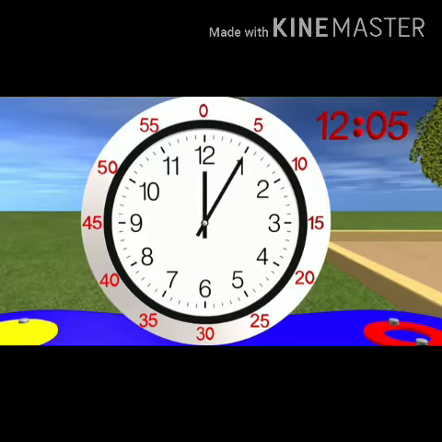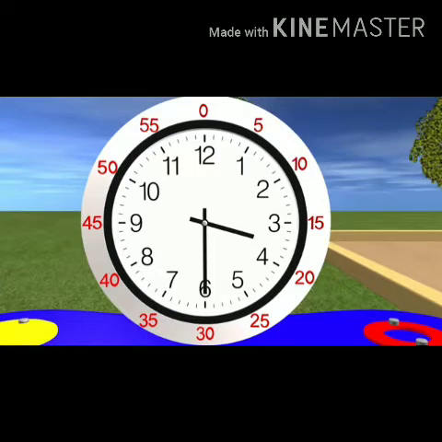What's the time now? Children, remember that first you have to look at the hour hand. The hour hand is in between 3 and 4 and you know that it's 3 o'clock. Now let's look at the minute hand. It is pointed towards 6. Is the time 3 hours 6 minutes? No, we have to calculate the minute hand by counting in 5s. Let's count 5, 10, 15, 20, 25, 30. So the time is 3 hours 30 minutes.